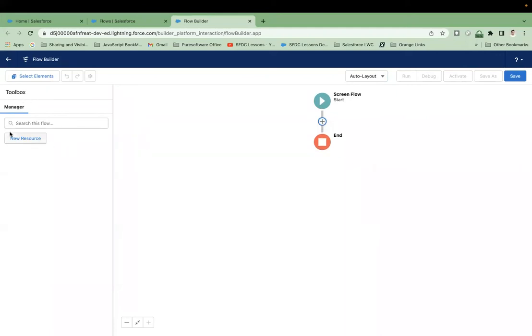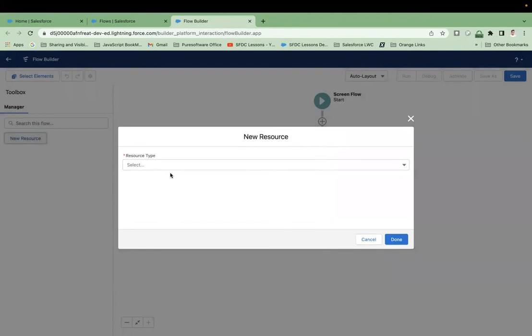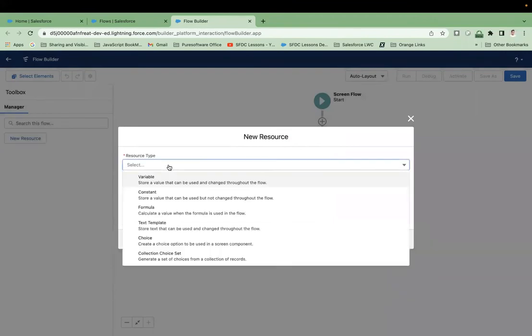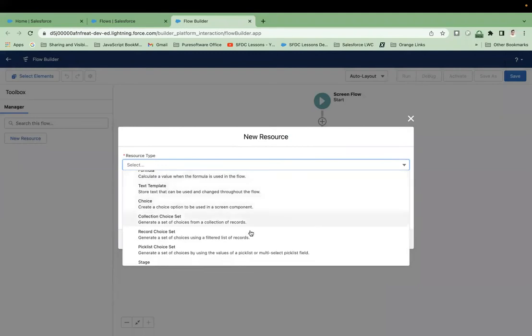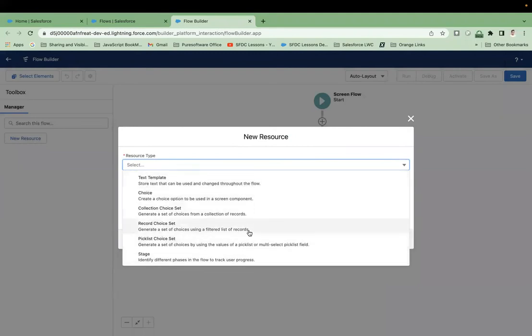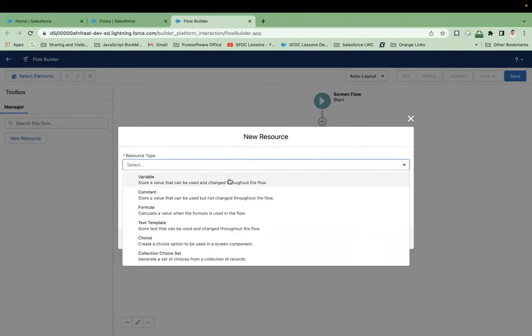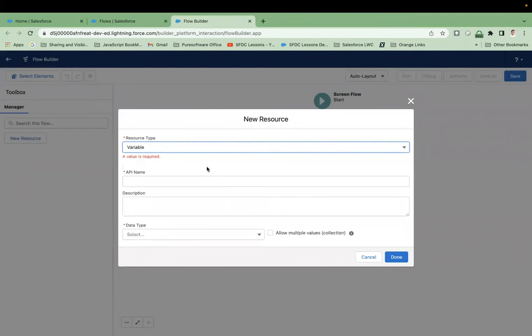So here in the toolbox section, you have a button called new resource. When you click on this button, you can see here we have all the resource types. You have a variable, constant, formula, text template, all the choices, stages and all. Okay, so you have all the resources available. So you can select the resource and you can create the resource here. Okay, so when we select a variable,